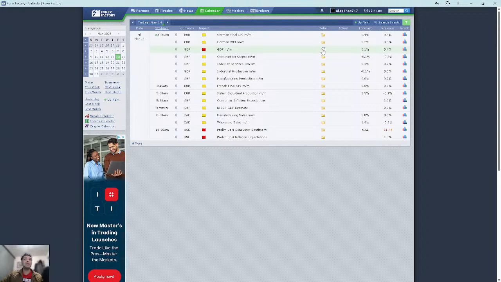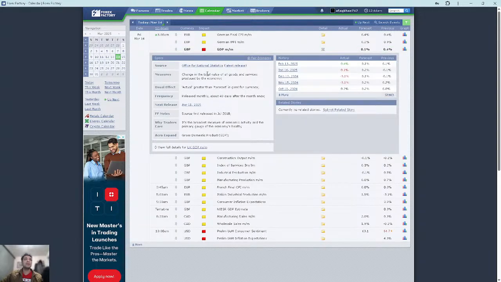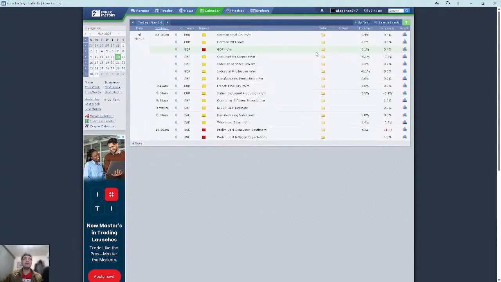And then we have GDP. GDP is the gross domestic product, which says that a change in the total value of goods and services produced by the economy. It is the overall economy. GDP is made up of a lot of variables, like the formula for GDP is C plus I plus G plus X minus M, and it is something on the side of macroeconomic aspect, but the most important thing is imports and exports also affect GDP. So it is the change in the value of goods and services produced by the economy, and it is the broadest measure of economic activity and the primary gauge for economic health. So it is really important data that is coming out.